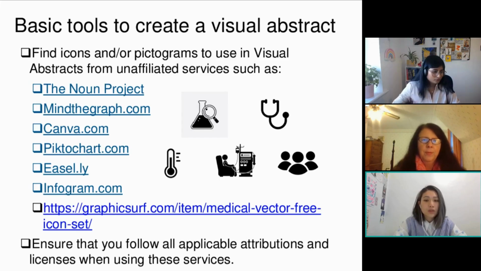All of the other ones on this list, like Mind the Graph, Canva, Easelly, Infogram, these are usually ones that you choose to do on the platform itself. So not on PowerPoint, but you're using a dedicated template